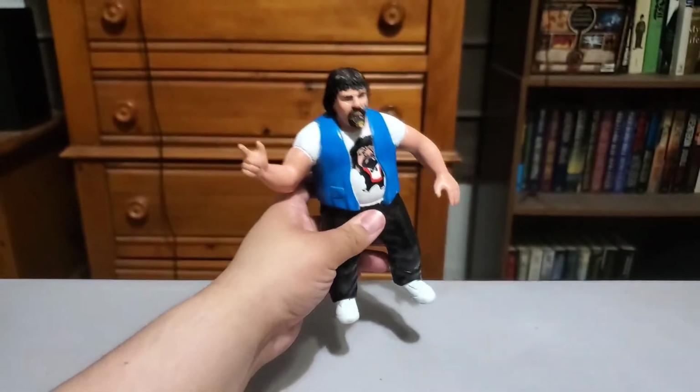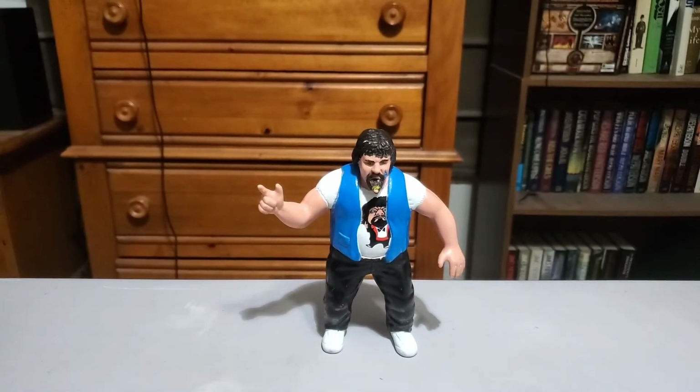Captain Lou. When you talk about managers of the 80s, I think Captain Lou's up there, man. I know he was around in the 70s too. But I always think of the Cyndi Lauper stuff, that rock and wrestling age. And I always feel like Captain Lou's just right in the middle of them there. Like the Goonies are good enough,